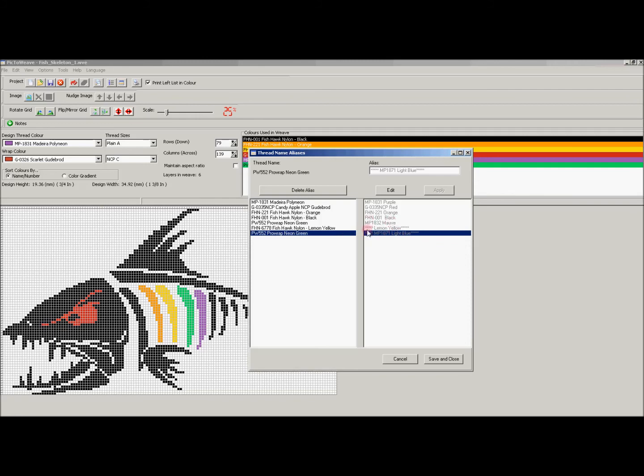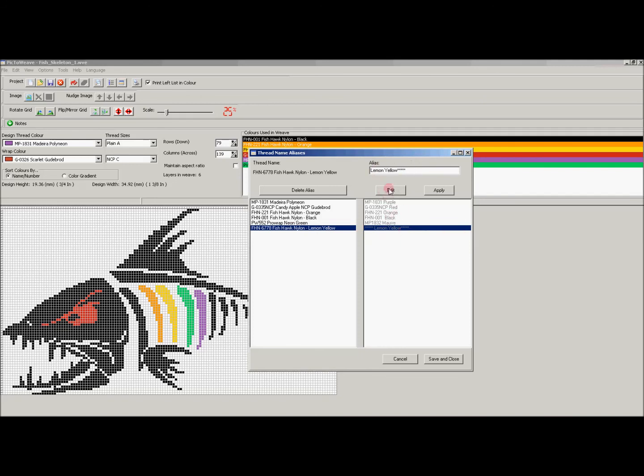So we need to decide which of those we need, and as we looked earlier it was the mauve that we wanted, so we'll get rid of the one that's mapped to blue. So that's, as I said, different people may use the same thing and select a different color. Now this one here, all we need to do now, as you can see it's still got the asterisks in it,